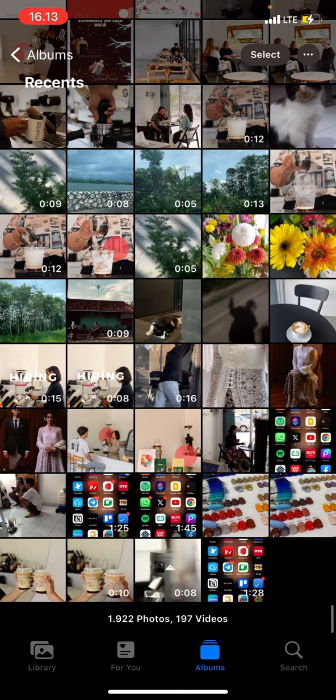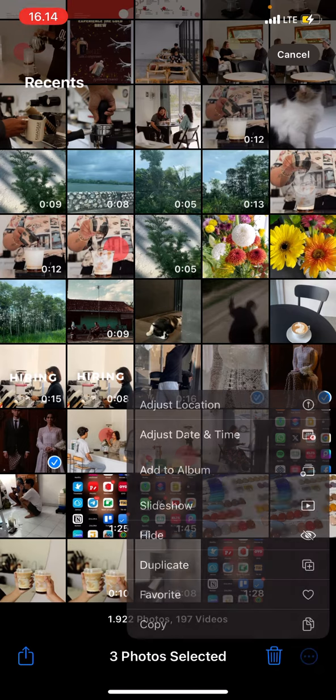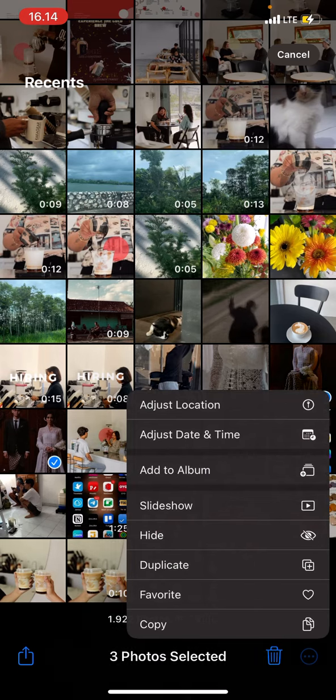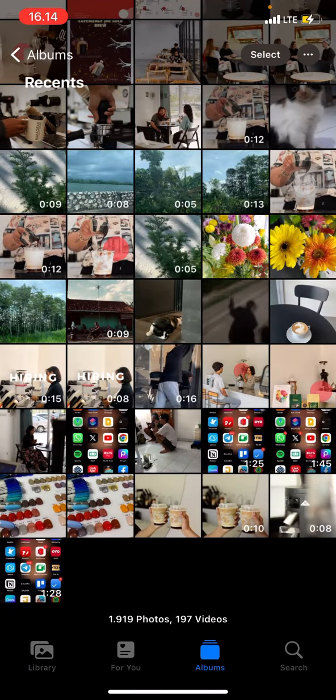So for me, I will give you an example and a tutorial on how to hide several photos and move them into the hidden album. Just select which pictures or videos you want to hide. Click Select for multiple, and then on the bottom right corner there are three small circles. Just click it, and there is a tool that says Hide with an eye symbol. Simply click that and then click Hide three photos, and now the three photos are already moved